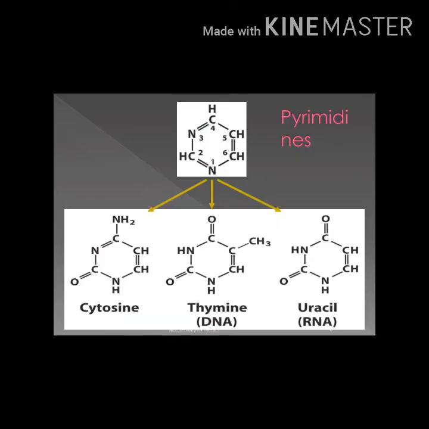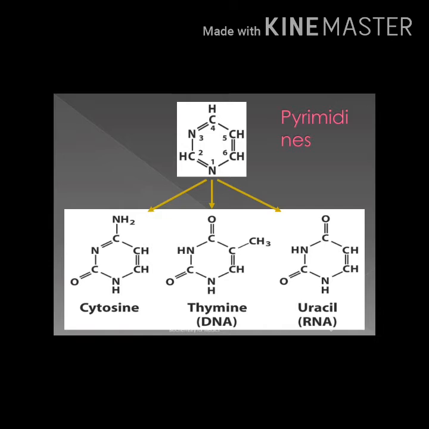The single ring pyrimidines are of three types, that is cytosine, thymine and uracil, where thymine is present